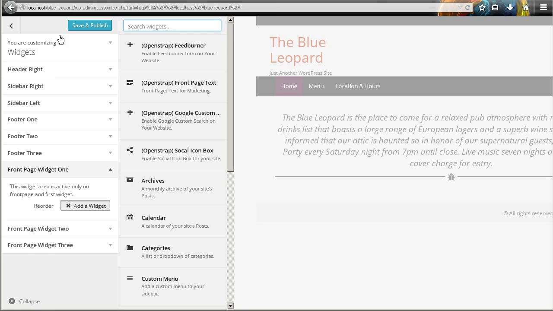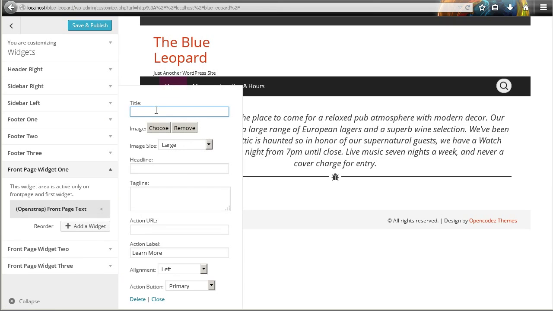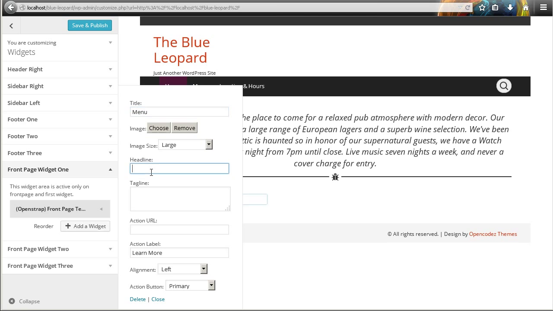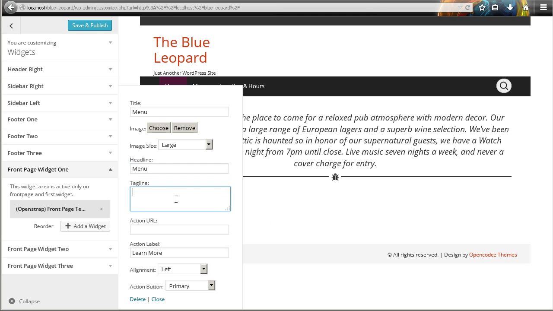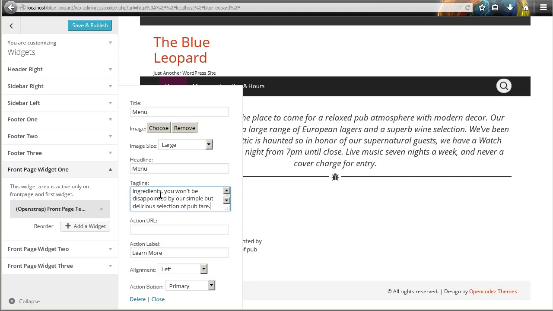So I'm going to switch back over here and add that front page text marketing. We have the option to add a title, so I'm going to call this menu. I want the headline to be menu as well. And the tagline is almost like the little blurb for this text, so whatever comes under the heading. In our content.rtf file, you'll notice that I have a little section for each of these widgets. In that first one under menu, there's a little sentence there. So I just want to hit Control-C to copy that,